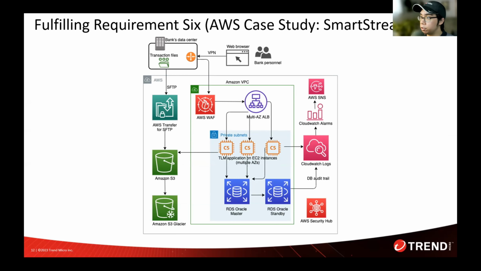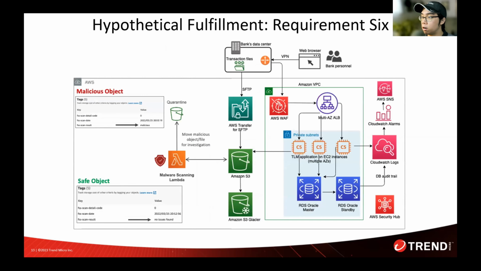And if we think back to, again, that PCI requirement of making sure that this system that you see on the screen now can either prevent or detect and address malicious objects, we'll explore a couple of workflows to accomplish that security. But I want to start by getting security as close to the bucket as possible. So you'll see here with Trend Micro's offering, File Storage Security, we are able to add a malware scanning Lambda function to the S3 bucket